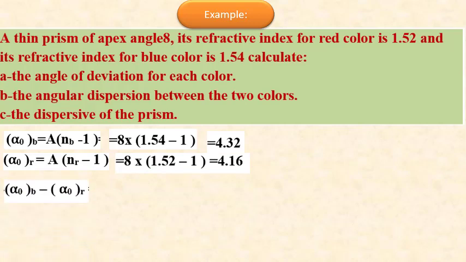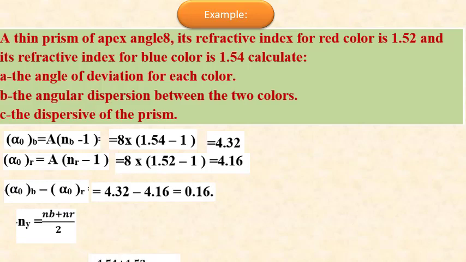So alpha naught of blue minus alpha naught of red will be 4.32 minus 4.16, equal to 0.16. To get the dispersive power of the prism, we have to get the medium color, which is y, and n yellow equals n blue plus n red over 2, which is